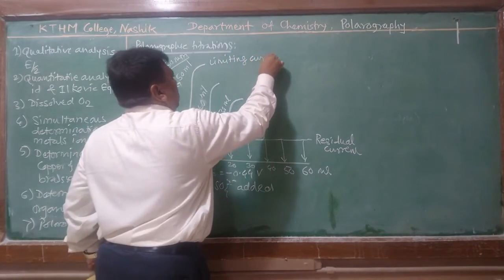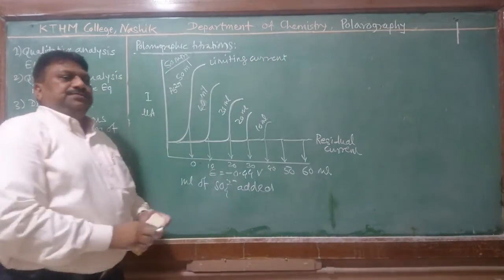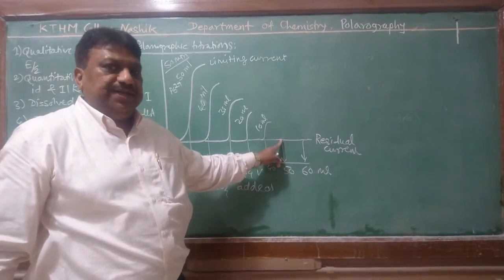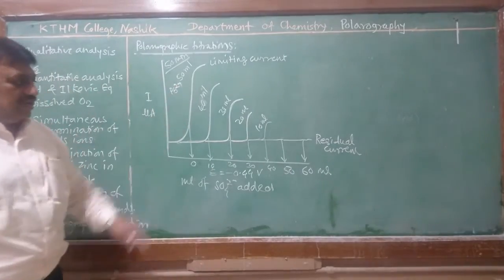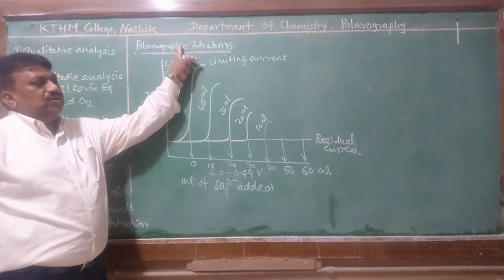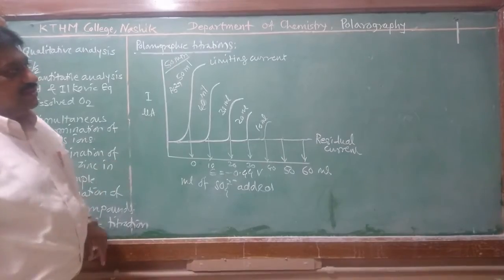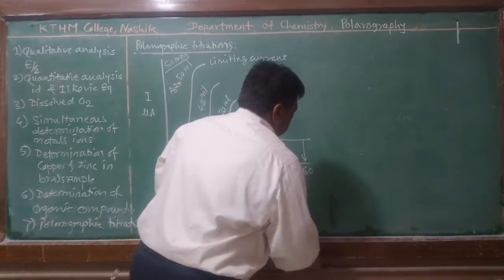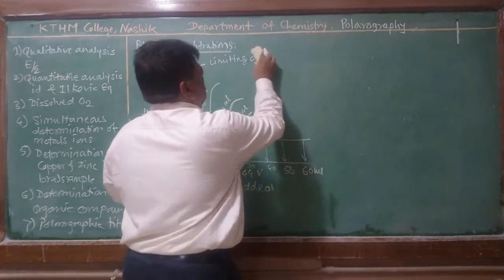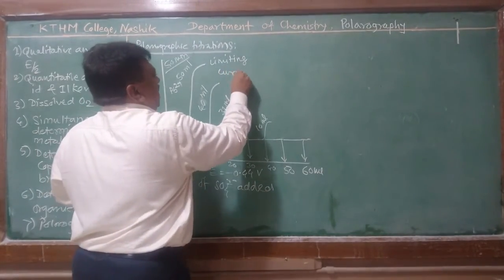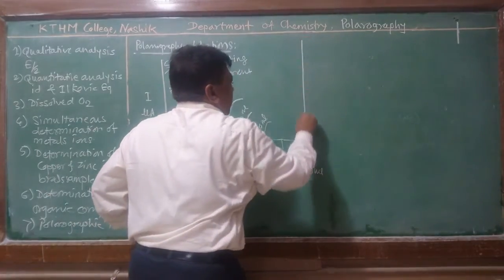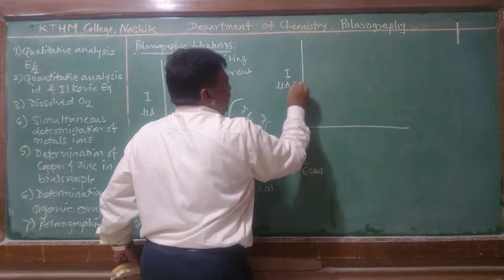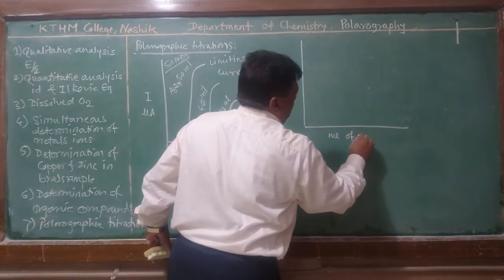Therefore, in polarographic titration, the limiting current reaches the residual current when the titration reaction is completed. Now, this is a polarogram obtained in a polarographic titration. Now, we discuss how this polarogram is useful for obtaining a titration curve. In this case, we are measuring the limiting current, in microampere, versus ml of